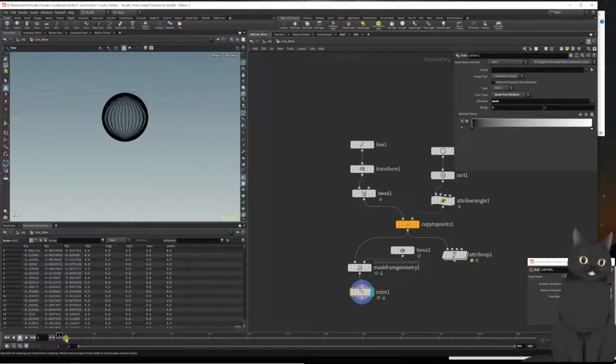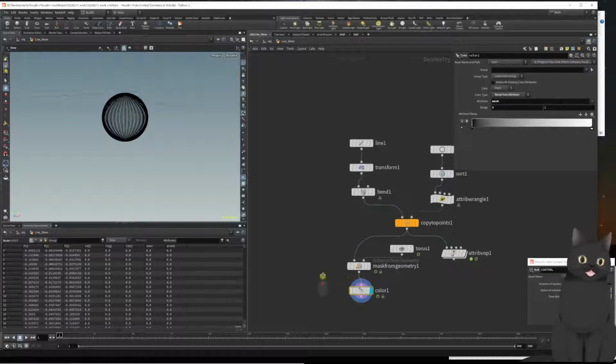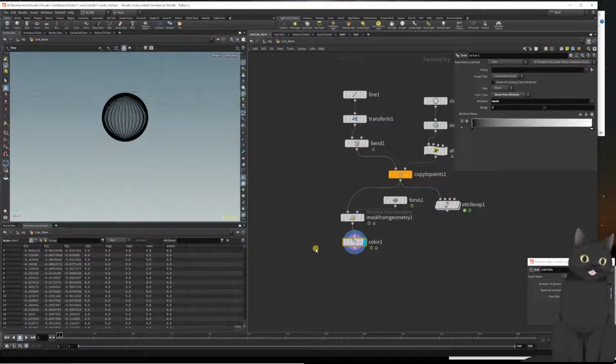I really wanted this gradient to be even smoother. I added attribute blur, which